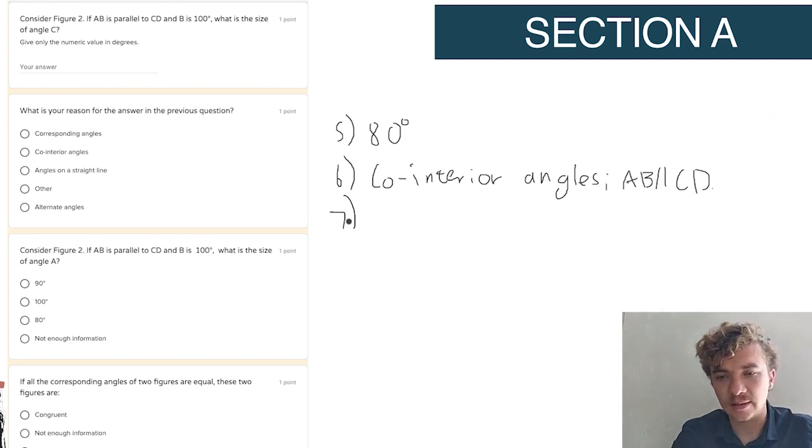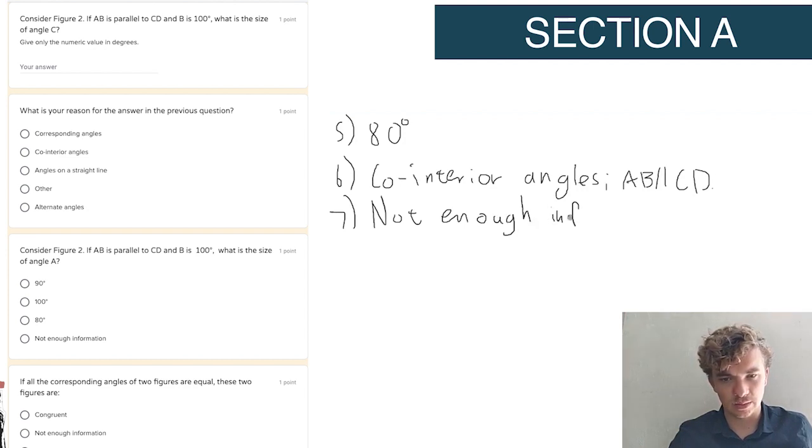I don't give any information about AD or angle D or anything else about the shape. I only know that AB is parallel to CD. I don't have enough information to calculate angle A. So the correct answer is not enough information. It's not enough info because we would actually need